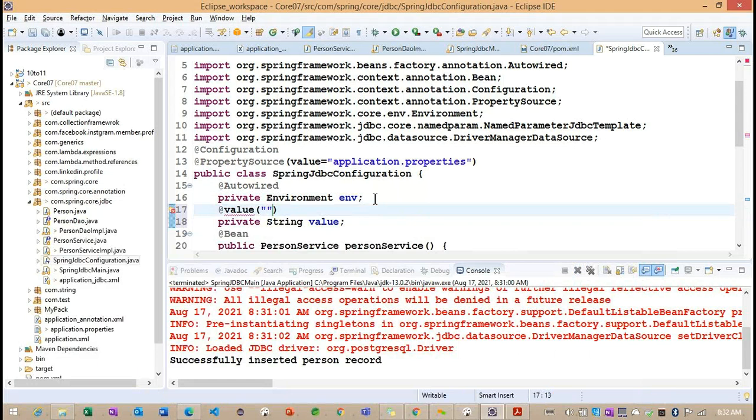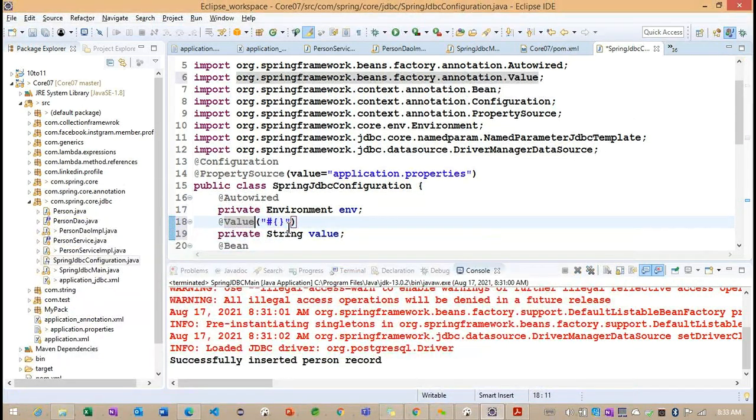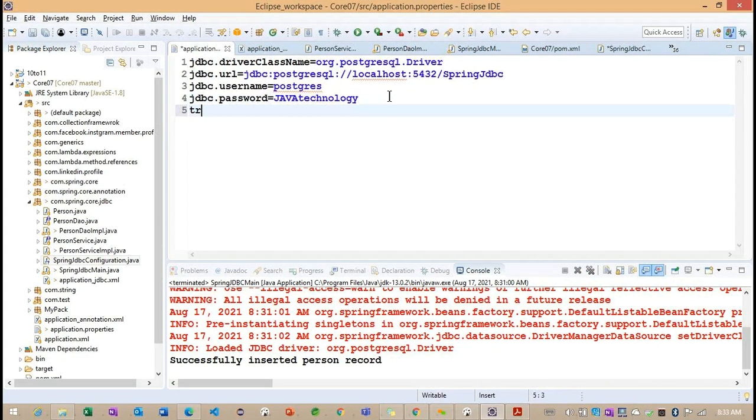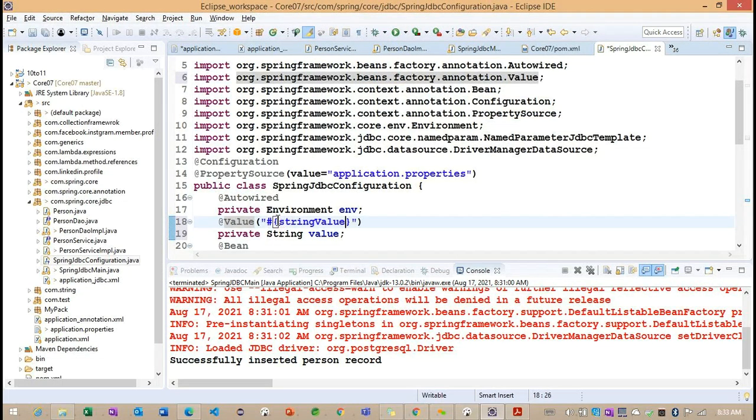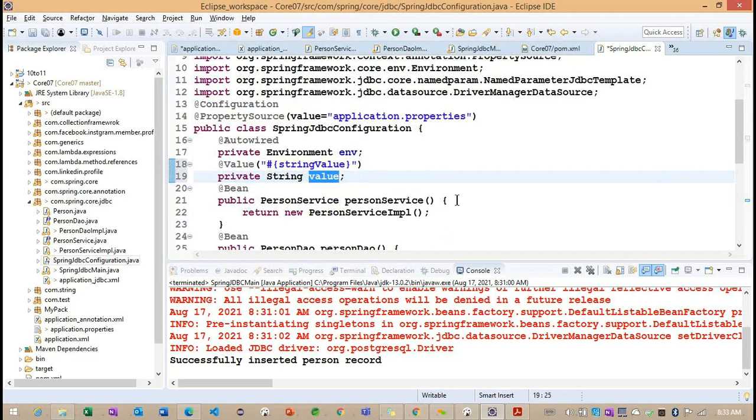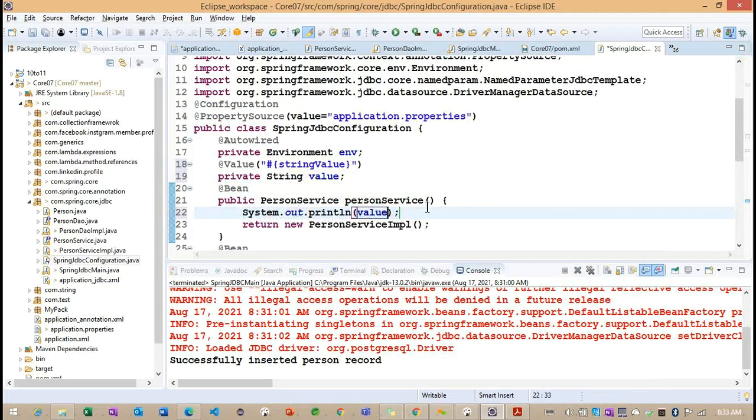So to load this particular string related information, now what we can do, value I want to provide as a, okay, and here testing. We'll observe the Value annotation.